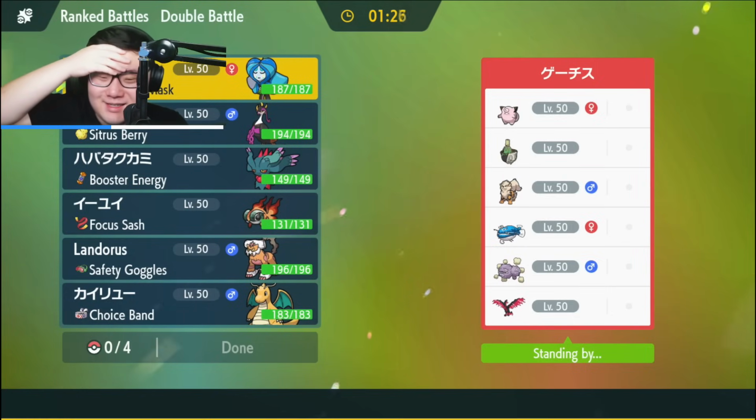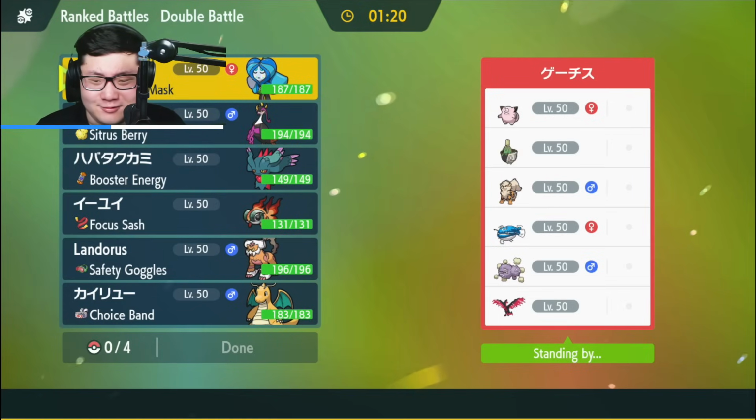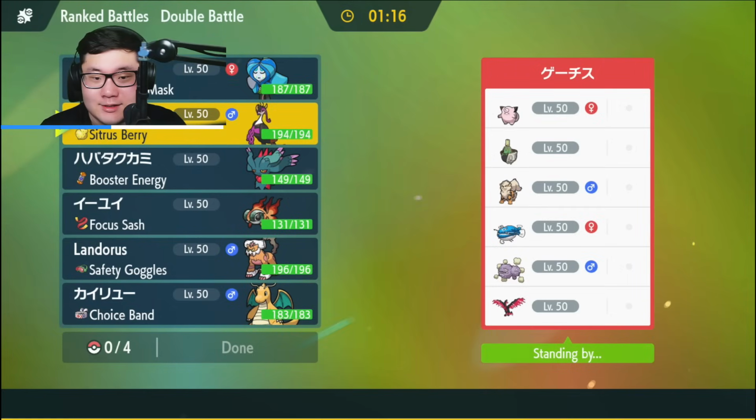Clefairy, regular Dondozo, Arcanine, Sinistcha, Weezing, and Galarian Moltres. This is a really cool team, actually. That is a really cool team. All right, so